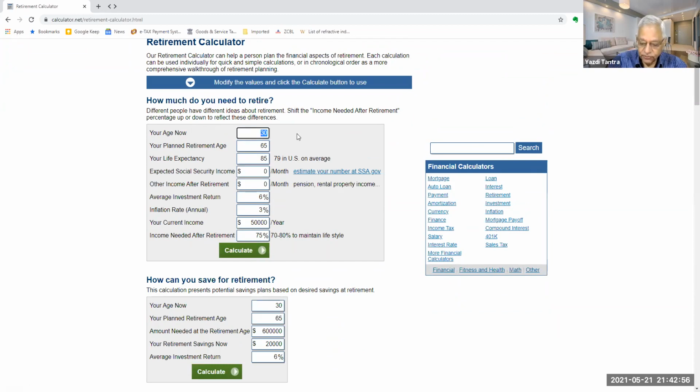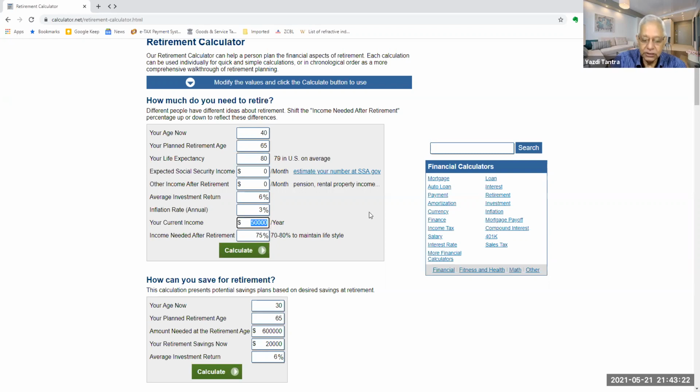Suppose my age is 40 today. I am not 40, but I'm just writing a figure. Expected age is say 80. Average investment return is 6%. Inflation rate annual is 3%. And my current income says 50,000 per year.